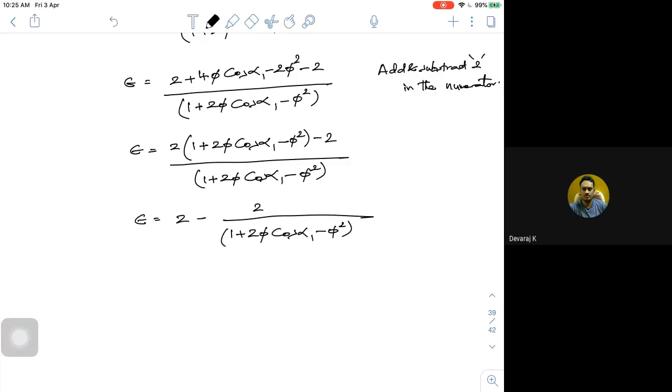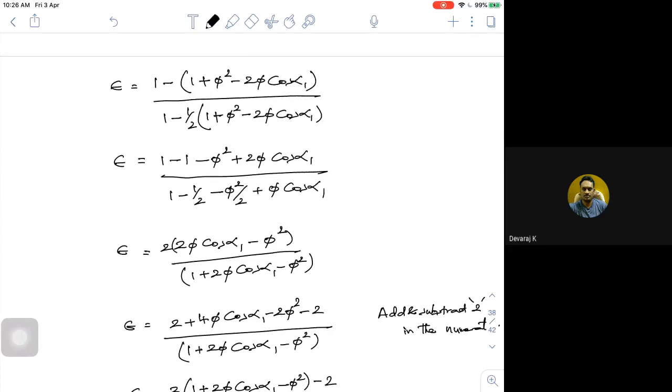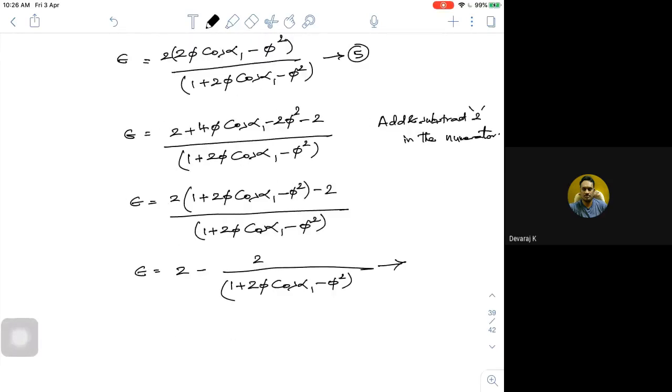I'm just simplifying, that's it, nothing else. If I call this expression number 5, this expression is more than sufficient. Number 6 is a simplified form of 5. So this is the epsilon. Using this expression, I'm trying to show that you have epsilon, phi and alpha, so I can easily calculate the utilization factor if I know the flow angle and the speed ratio. This is only for a condition where R is equal to 0.5.